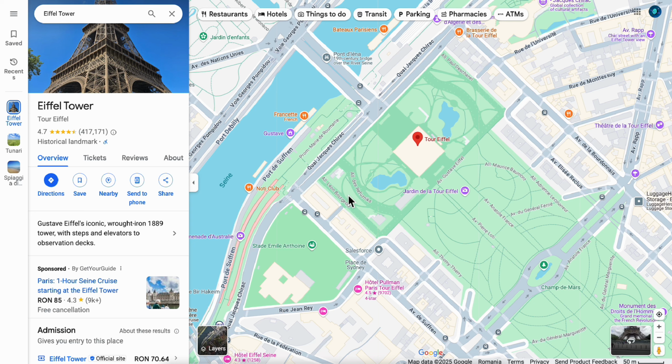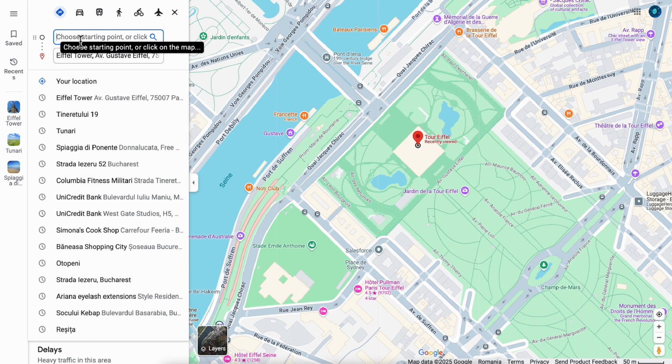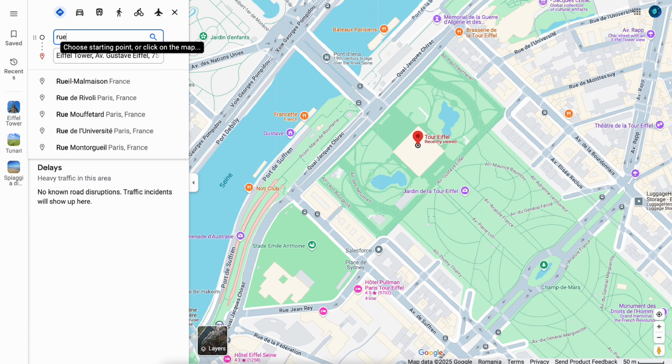The first step is to simply open up Google Maps on your computer, and then what we're gonna have to do next is simply enter the destination where we want to go, and then we're gonna have to click on directions, as you can see here on the left side, and then here we're gonna have to choose our starting point. So I'm gonna type in this street address from down here, so this one here, as you can see,